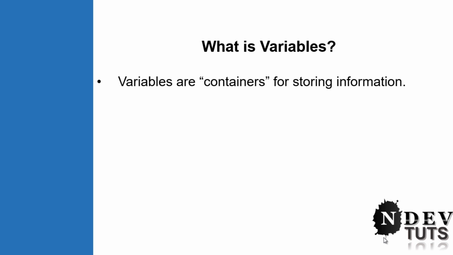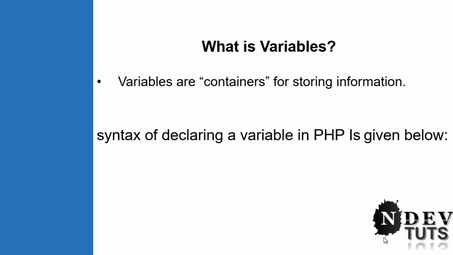Here are some important things to know about variables. In PHP, a variable does not need to be declared before adding a value to it. PHP automatically converts the variable to the correct data type depending on its value. So based on its type, a variable can hold a number, string, boolean, object, resource, or it can be null.